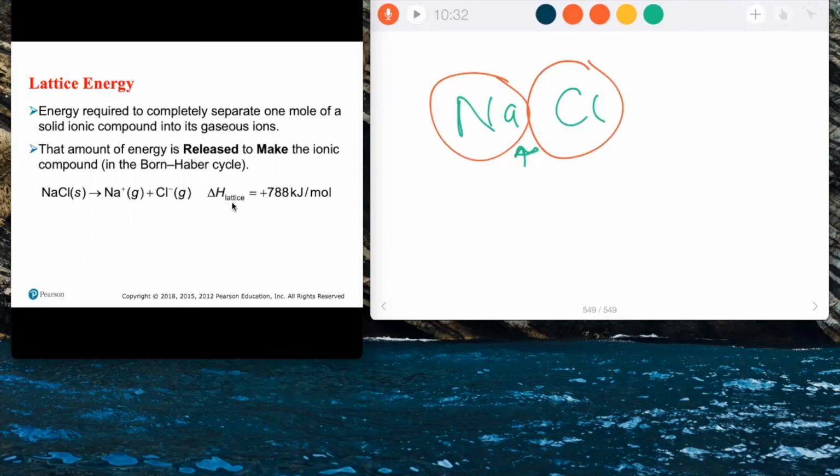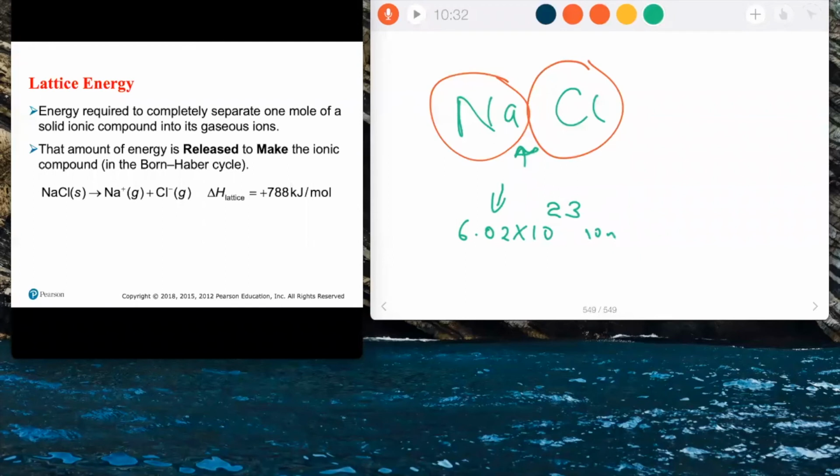Change in this means lattice energy, required to completely separate ions in order to separate the atoms into ions which form the crystal structure. The energy required to completely separate 1 mole. Remember, this is per mole, that means we have Avogadro's number, 6.02 times 10 raised to 23